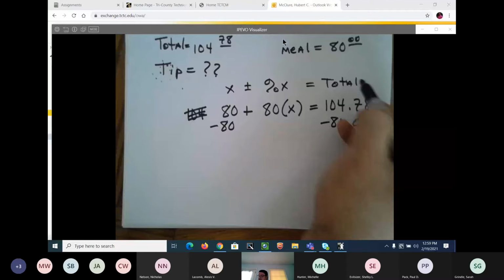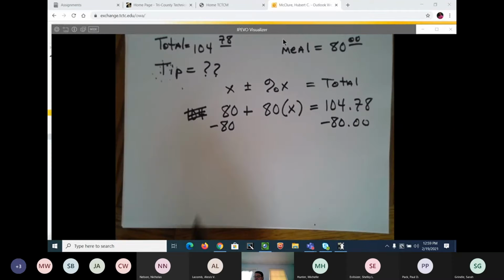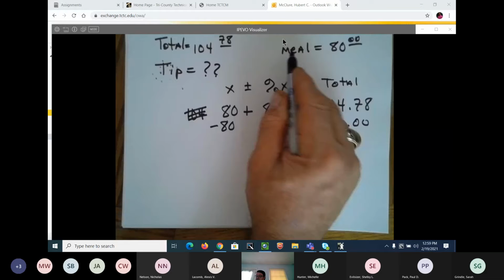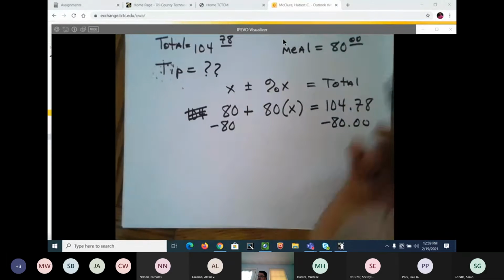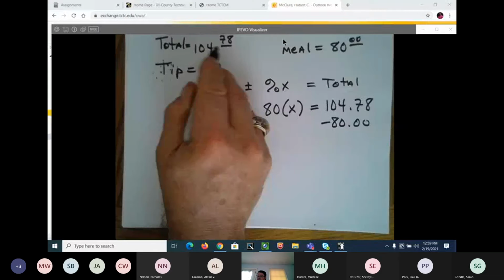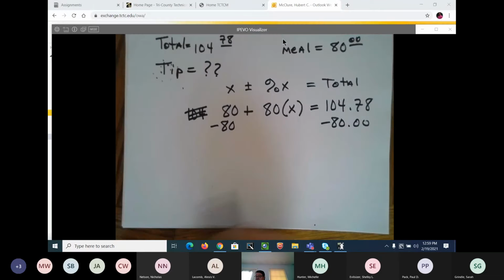Walmart equation. So 80 is your original price with the meal and the drinks and the food. Food and drink was $80. Your total is 104. That's with gratuity, and we're not going to do taxes. We're just going to say tip. All right. So that's going to leave 80x